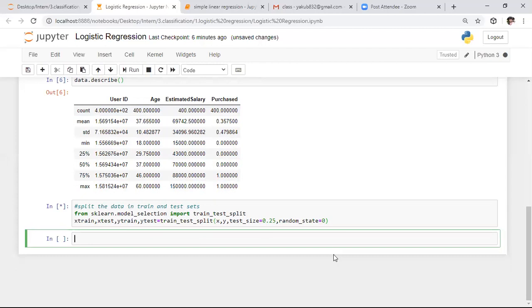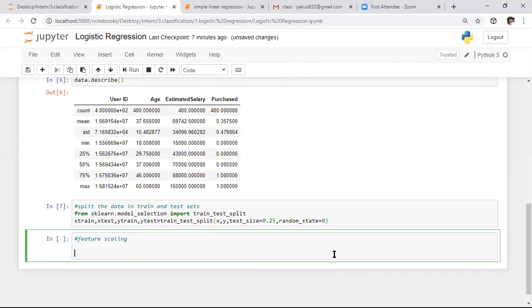After splitting the data set into training and test set, we need to apply one more step, that is called feature scaling. Previously we did not perform this step. The purpose of feature scaling is to obtain better accuracy from machine learning algorithms. We need to have all the features in a specified range, so we need to normalize all the features into a specified range. For that purpose, we perform feature scaling.